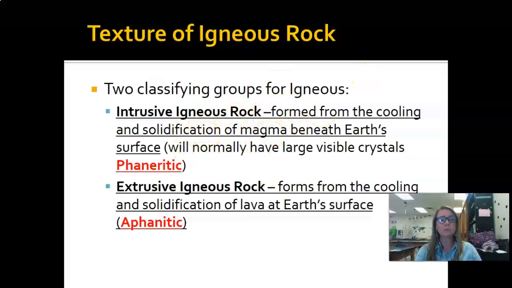Normally we say intrusive rocks have phaneritic crystals, and I like to think of that as meaning they are very large. They've fanned out. They're extremely big crystals or structures, and we'll look at some examples, especially if you think about some stones you might see around your house. Those are normally igneous rocks because they are really strong and structurally supportive, and they're not going to break. Countertops are a great example.